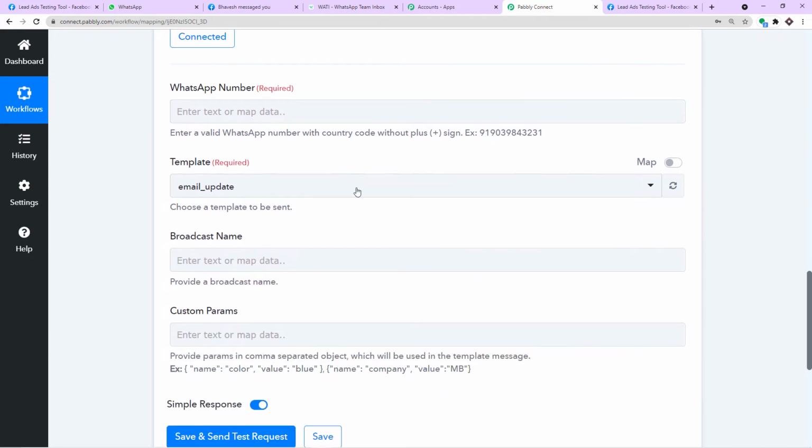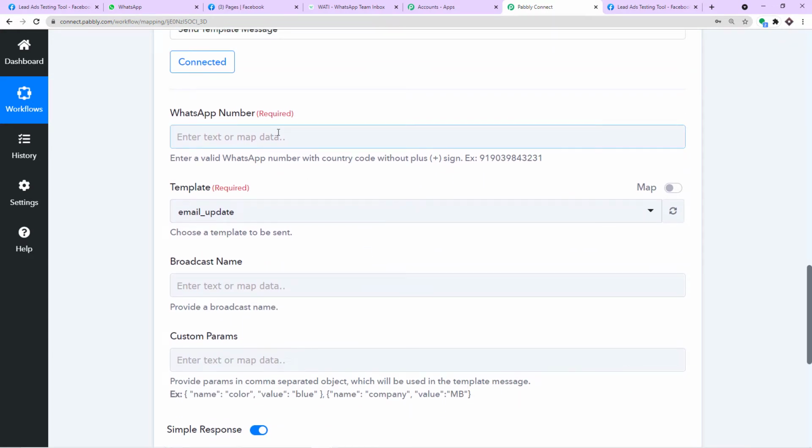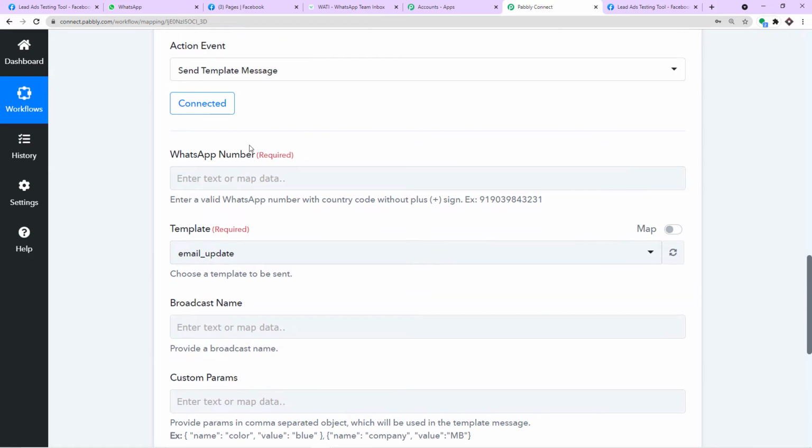When you click on save, these are the fields we have to fill. Let's start with the easy one, the WhatsApp number. I want to receive the WhatsApp message whenever a new lead is created from your Facebook lead ad forms, so I'm going to add my own WhatsApp number. Now remember this, it is asking for a proper format, and the format is that you should include the country code but without the plus sign. I repeat, include the country code but without the plus sign. I'm working from India and we use 91 as the country code, and without the plus sign, this is my WhatsApp number. So we have now worked with the easiest part, the WhatsApp number.